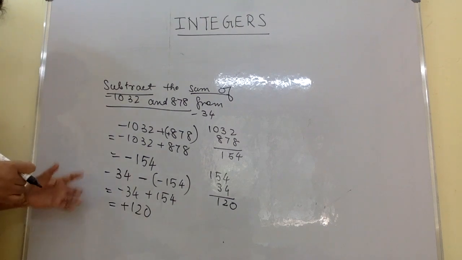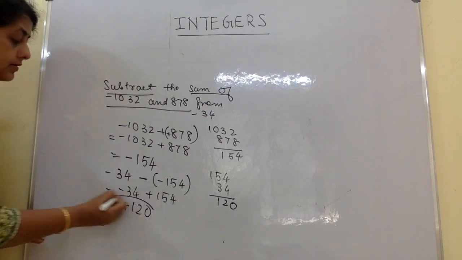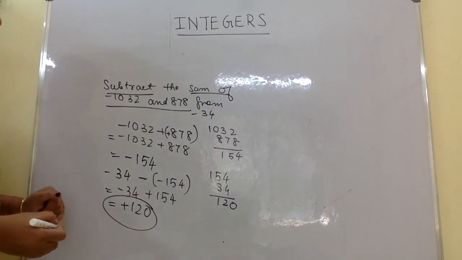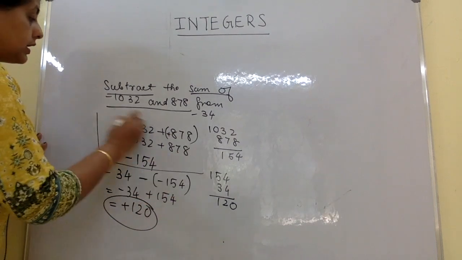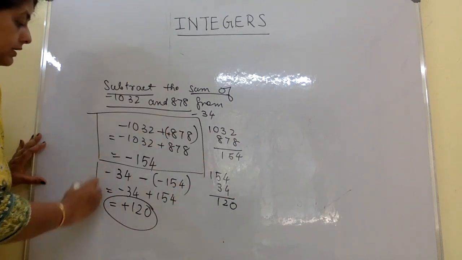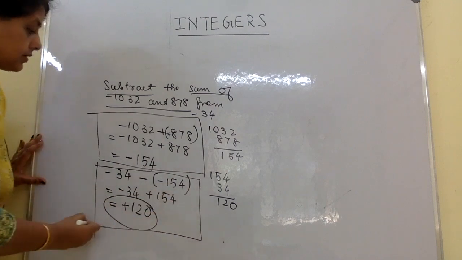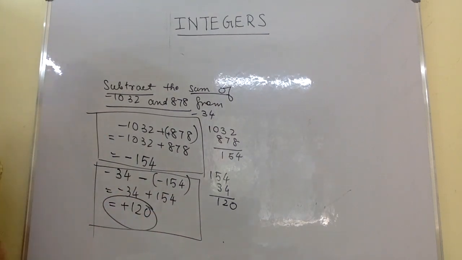So this is how. Your final answer is plus 120. So the sum is in two parts. You have to recognize the two parts, and this is the second part. Now